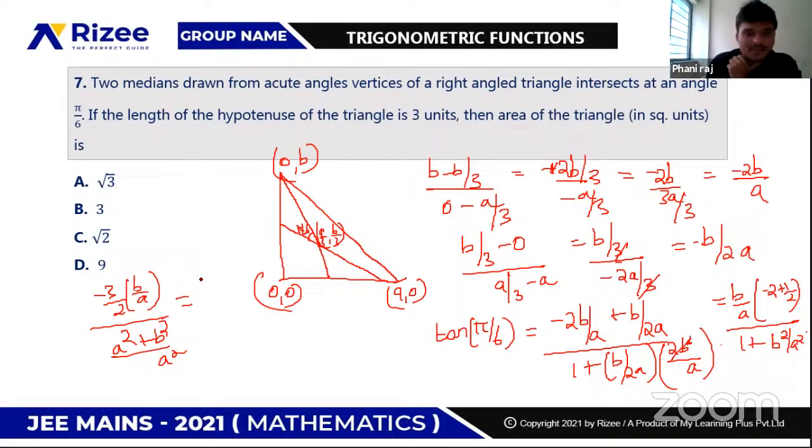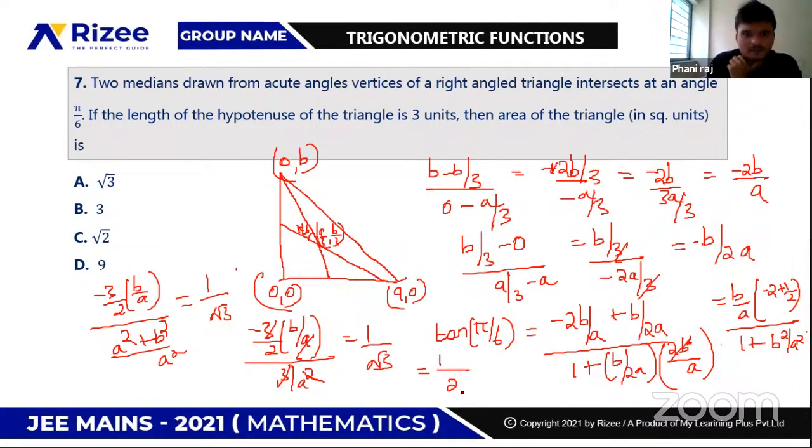What is tan pi by 6? It's sin pi by 6 by cos pi by 6, sin 30, so it's 1 by root 3. But you see a square plus b square, so hypotenuse is 3, so this is 3, correct? So minus 3 by 2 times b by a by 3 by a square equal to 1 by root 3. So cancel 3, cancel a. What do you get? 1 by 2 into ab equal to